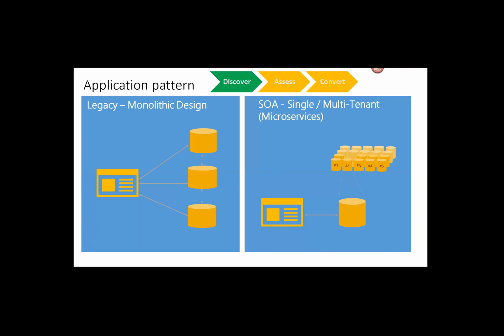This will allow you to scale horizontally by sharding the data, and you can have a single tenant or a multi-tenant model. When I say single tenant, it means the data of a single database will be mapped for a single workload or a single customer. Multi-tenant meaning multiple customers or multiple applications, or multiple instances of the application will be sharing the same database.